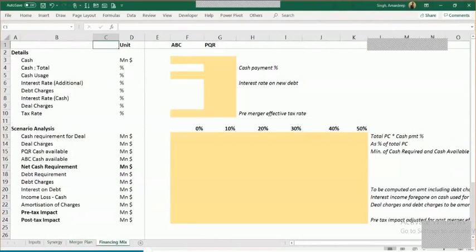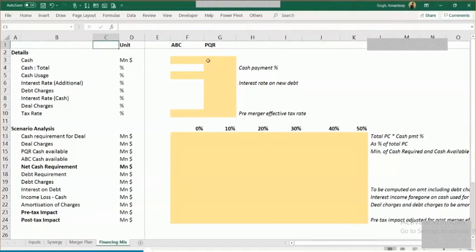But before that, there are some inputs that I need to call out here as a common sheet, because here we are going to figure out the cash requirement in total. Somebody was asking about a merger cost, meaning you would have some professionals, investment bankers who would support you. So what is the payment that we are going to make? What is the amount of loan that we are going to take? What is the interest rate on it, and all that stuff? So let us call out all of those inputs.